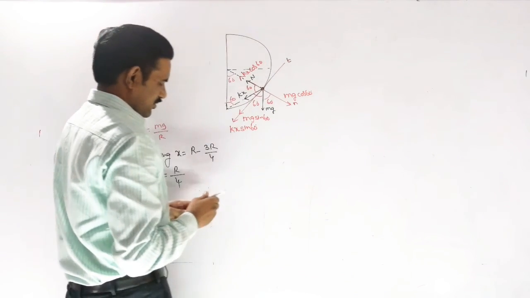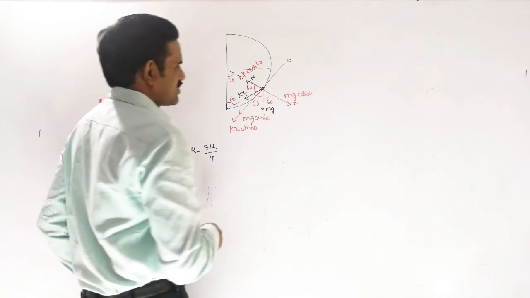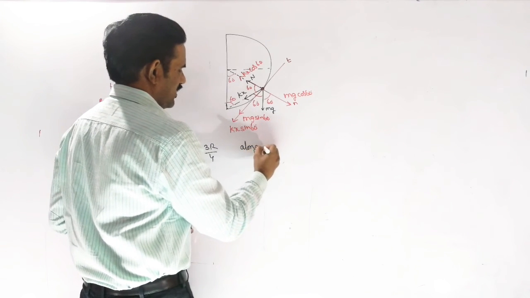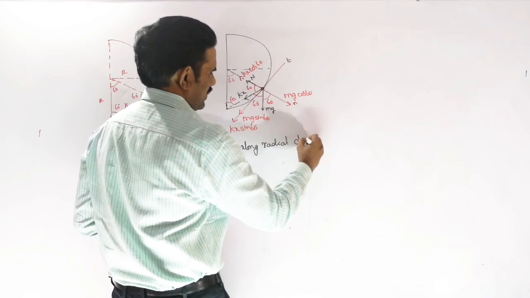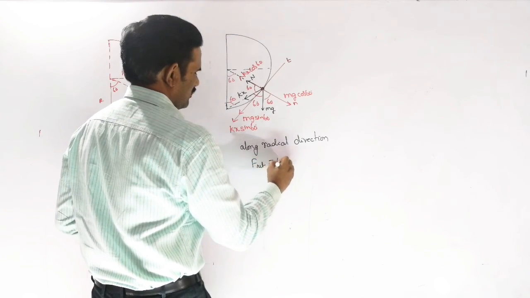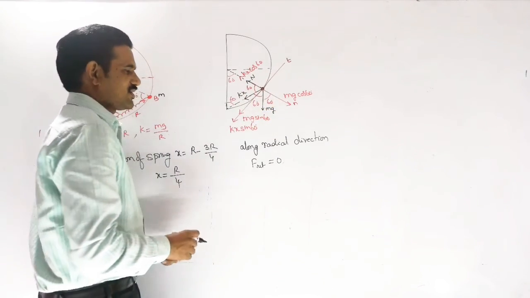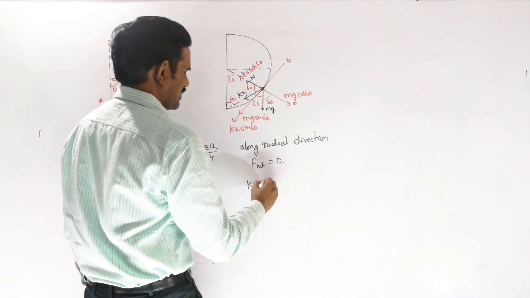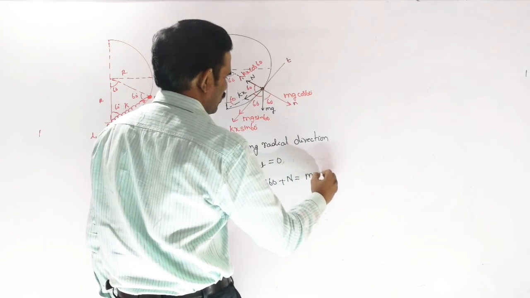Now I am balancing along the radial direction here. Just write the force equations along the radial direction and along the tangential direction. From that you can calculate the required values. So along the radial direction, the net force should be equal to 0. Because we are releasing from rest, the acceleration will be 0 immediately after releasing. So we can write kx cos 60 is equal to ks cos 60 plus n, this value is equal to mg cos 60.